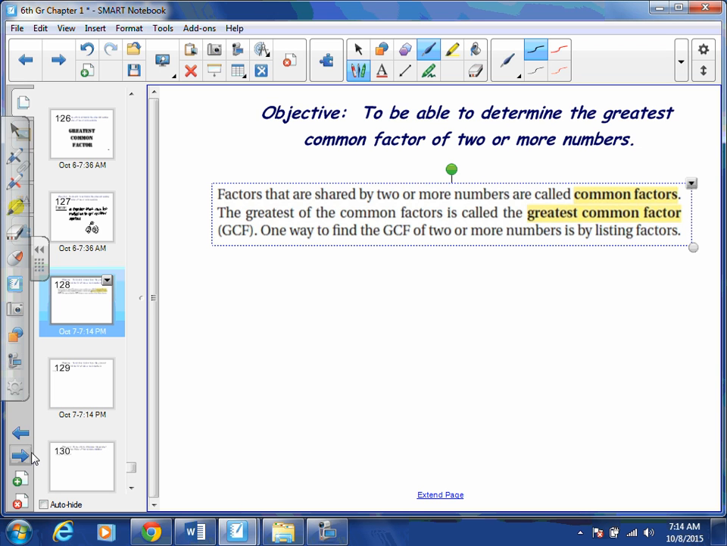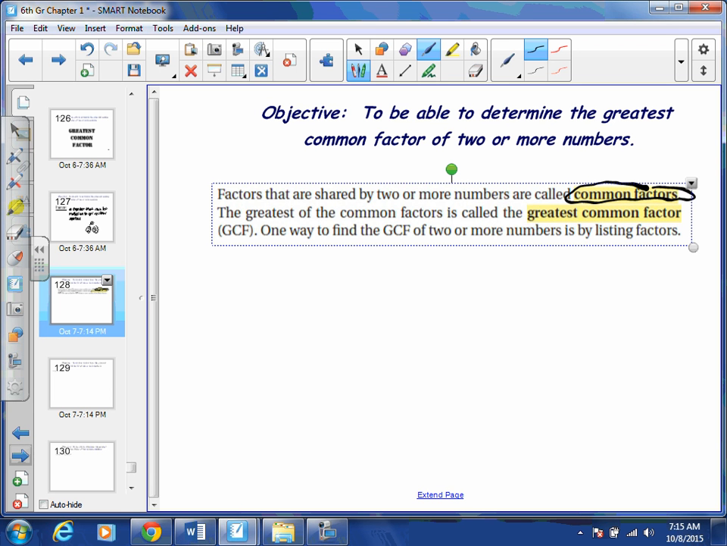When you share qualities with someone, okay, so when something about you is the same as something about someone else, all right, that means you have things in common. So things that you have in common are things that you both have. Factors that are shared by two or more numbers are called common factors, all right? So instead of comparing two people, we're comparing two numbers and saying, hey, they have something in common,